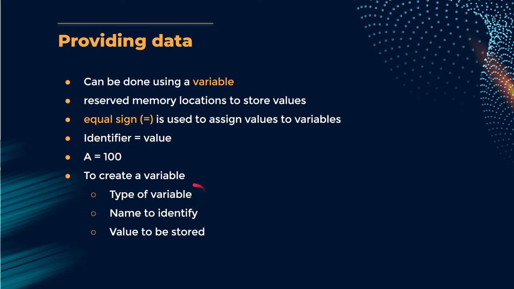There are different types of data, so there are different types of variables. We'll see generally what the types of data are. We need to focus on the type of the variable, the name to identify it, and the value to be stored. The type of variable is not so significant while declaring a variable, while assigning a value to the variable, because Python is dynamically typed. We don't need to specify the type of data while assigning the value, but the type of variable is important.